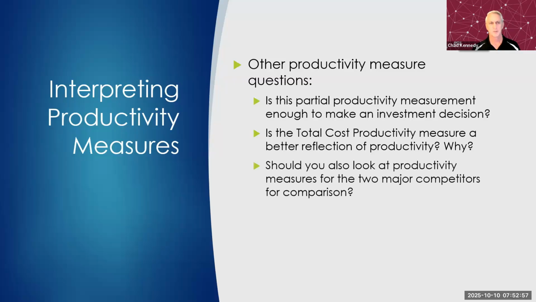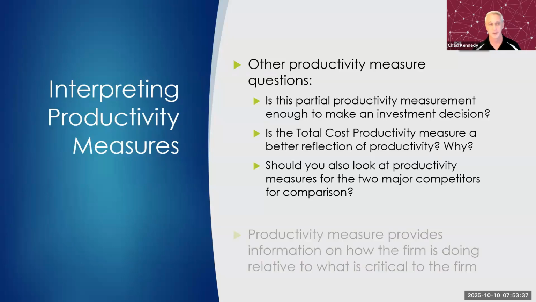Should you also look at productivity measures for other competitors to get a comparison? If the data is available and you can find it, great. Then you have some sense of how much money they're spending per widget, or maybe how much cost they have per acquisition of somebody, or cost per tenant in a hotel, per night. So there's all sorts of things that you could do a comparison. I wouldn't focus always on that, particularly if you're trying to get yourselves off the ground and measuring to yourself. But at some point you want to see, how do we compare in the marketplace?